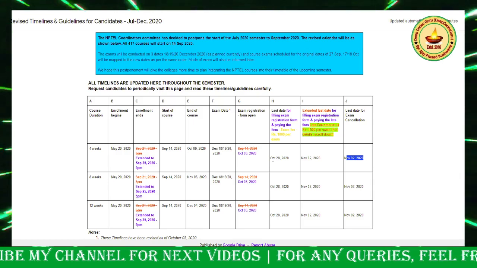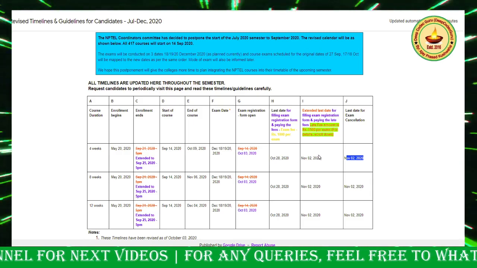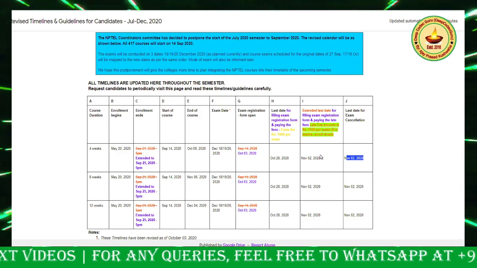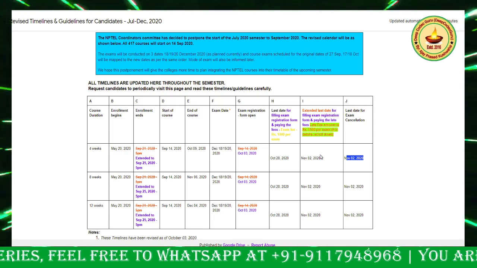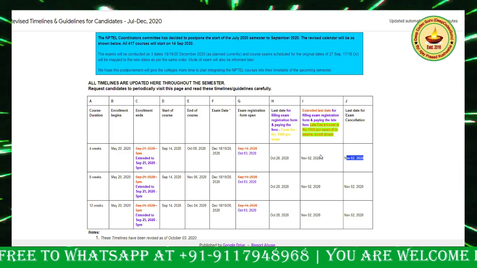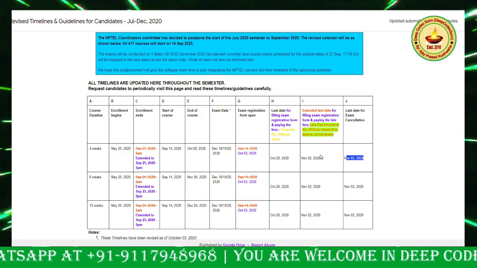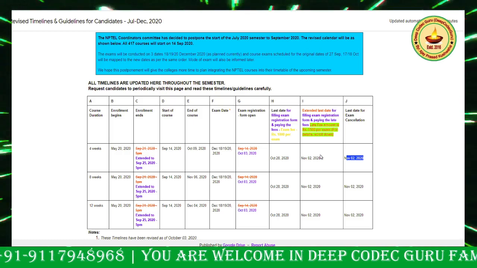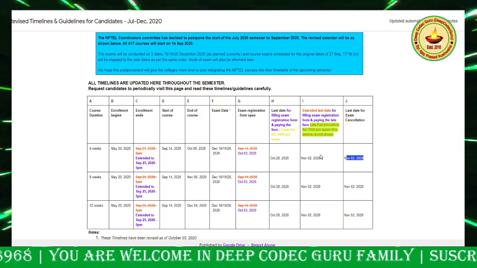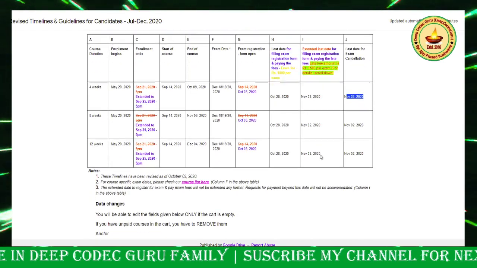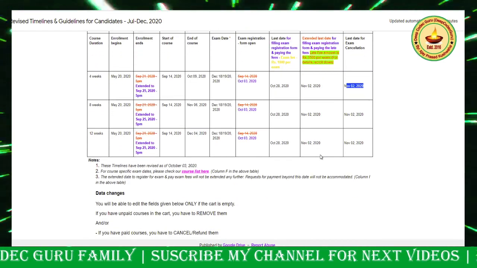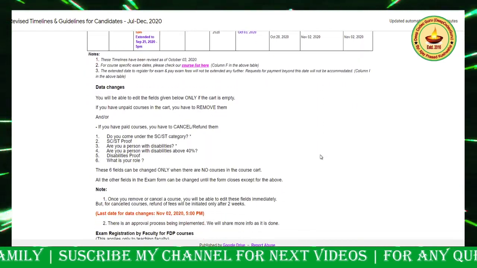If you are paying late, after 28 and up to November 2, you have to pay 1,500 plus 100, so you have to pay 1,600 fee. Then only you can get the FDP, Faculty Development Program certificate. That is not for the learner student, that is for the faculty. Don't get confused. I will provide a detailed video on that if someone wants it.